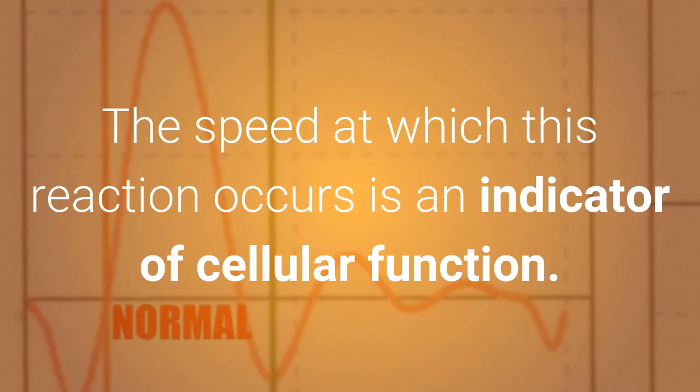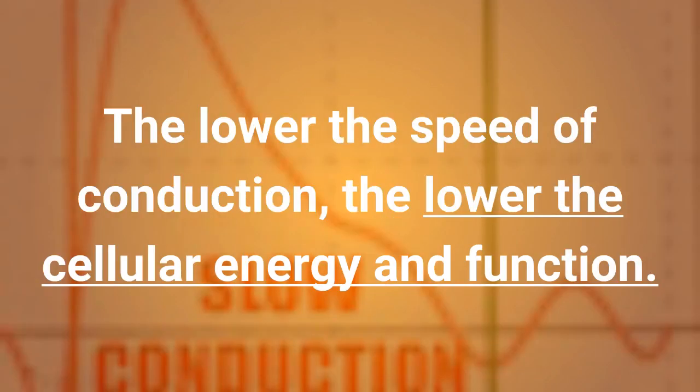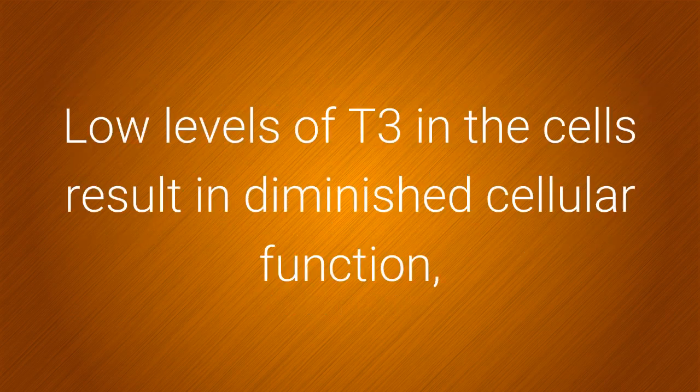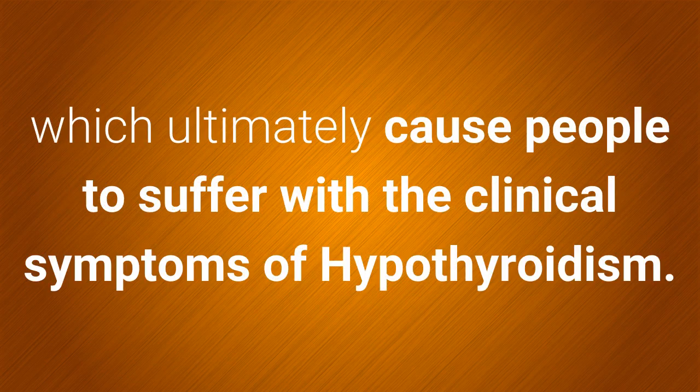The speed at which this reaction occurs is an indicator of cellular function. The lower the speed of conduction, the lower the cellular energy and function. Cellular function is ultimately controlled by T3, the most biologically active thyroid hormone. Low levels of T3 in the cells result in diminished cellular function, which ultimately cause people to suffer with the